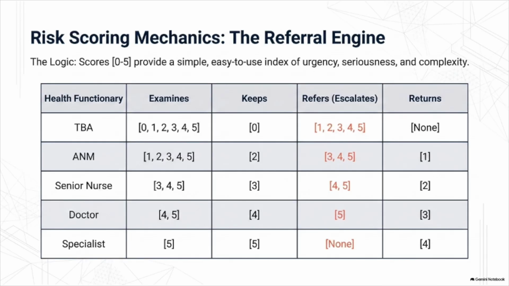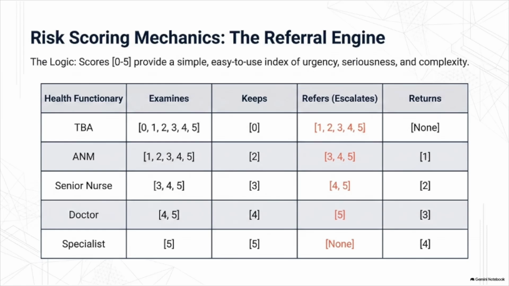This referral chain runs on a risk scoring mechanism using scores from 0 to 5, providing a simple, easy to use index of urgency, seriousness, and complexity. The traditional birth attendant examines all scores from 0 to 5, keeps only score 0, and refers everything from 1 to 5 upward. The auxiliary nurse midwife examines scores 1 to 5, keeps score 2, refers scores 3 to 5,